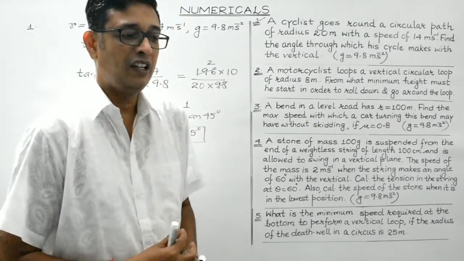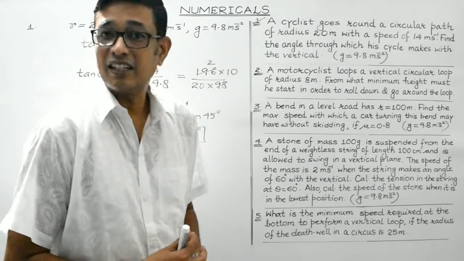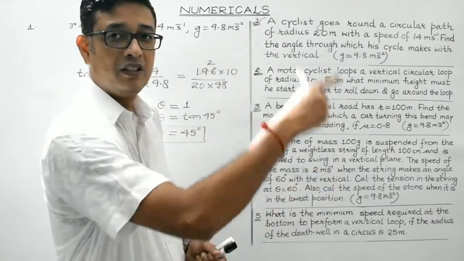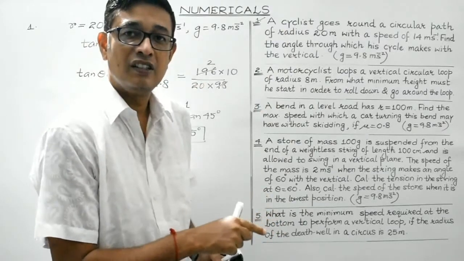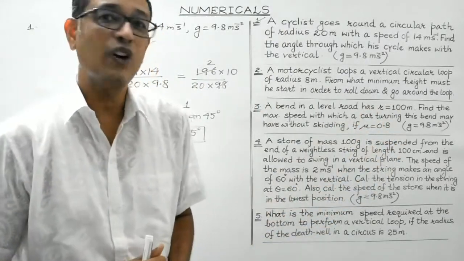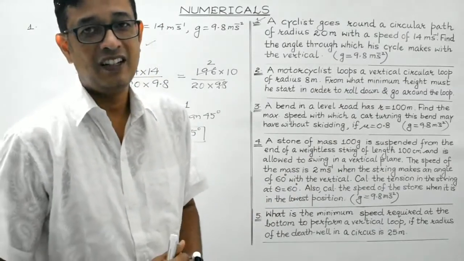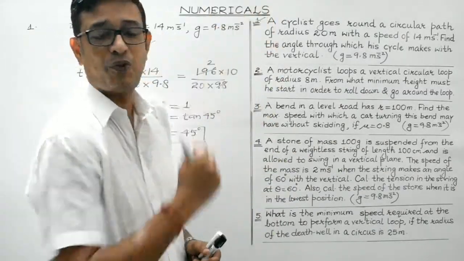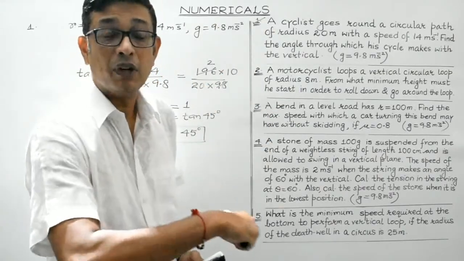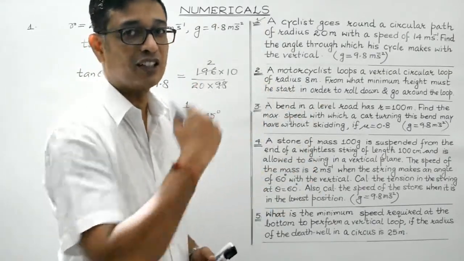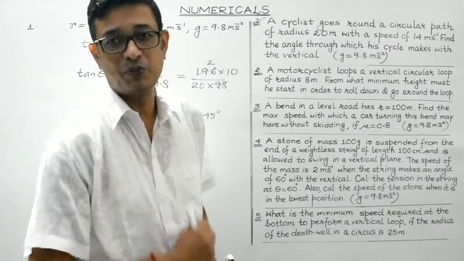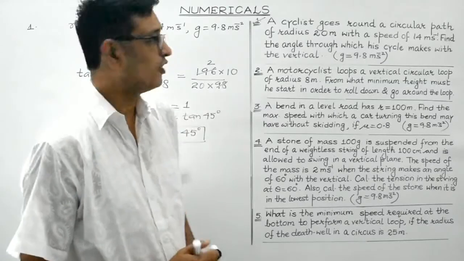Students, we are aware, in order that a body executes a vertical circular loop, the minimum velocity which the body needs to be projected with at the lowest point is square root of 5 gr. And at the highest point, the velocity which the body must possess so as to execute the vertical circular loop is root gr. So we will be making use of this particular condition, right?